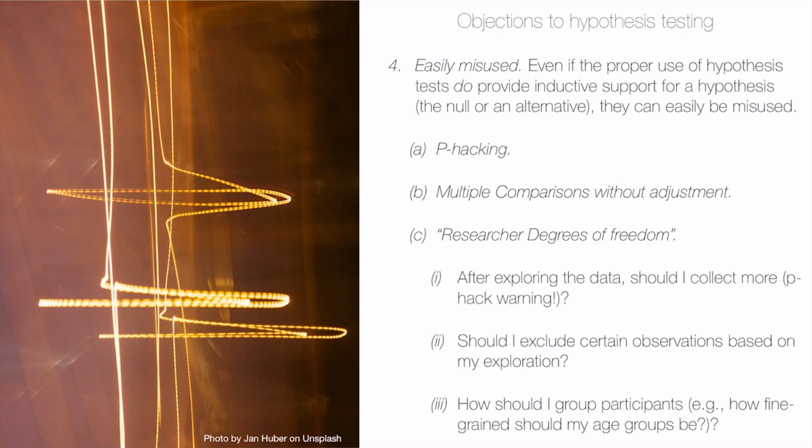So there are a number of objections to frequentist inference and hypothesis testing that are not really objections about the logic itself, but they're objections about the way that the logic and procedures can be very easily misused. This objection has a bunch of subcomponents. Just the fact that hypothesis testing logic is a little bit convoluted and it's very easy to misinterpret and misuse. You may have studied some of these issues in other courses. They're all related to each other.